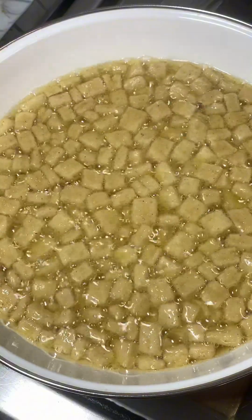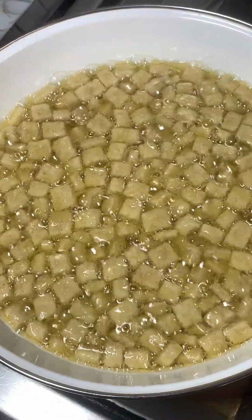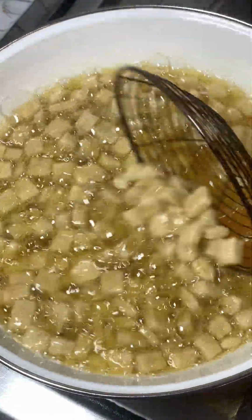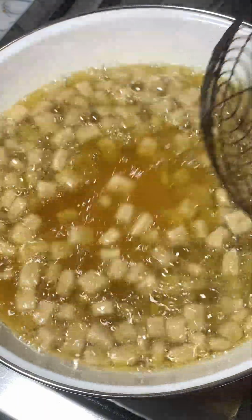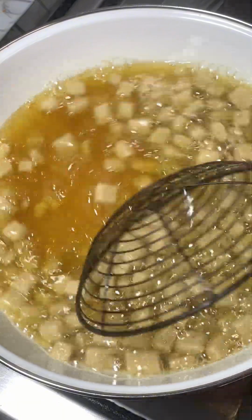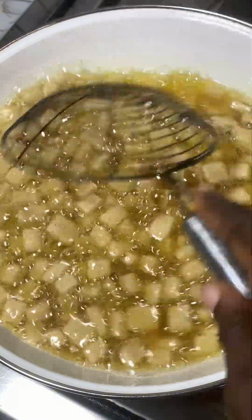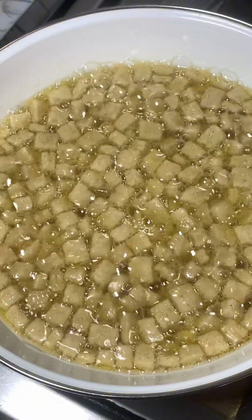You know, it won't be as heavy as when it's still in its raw dough form, so it will become lighter when you fry, and you'll be able to tell that okay, it's cooked all the way through. It doesn't have to be deep golden brown before it's cooked. Chin chin can be cooked when it's light golden brown. That is why you have to fry on medium low heat so that it cooks low and slow, okay, and